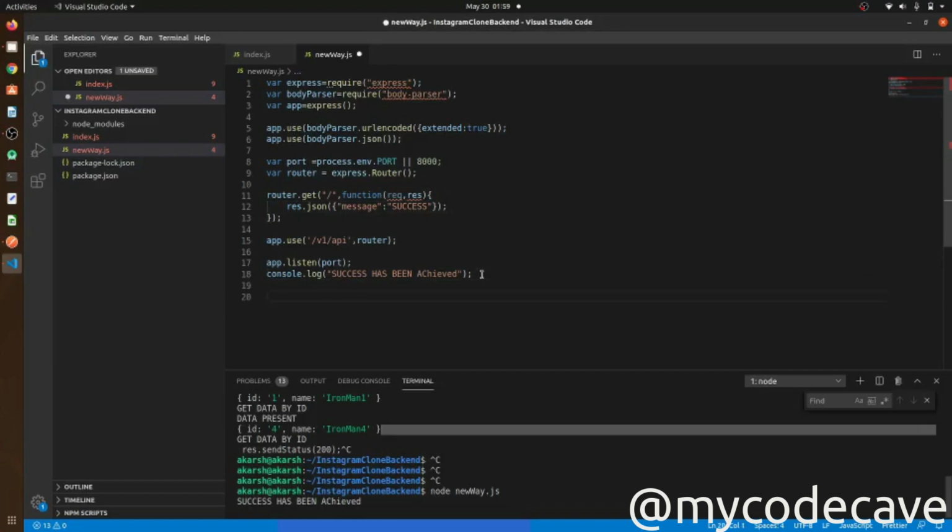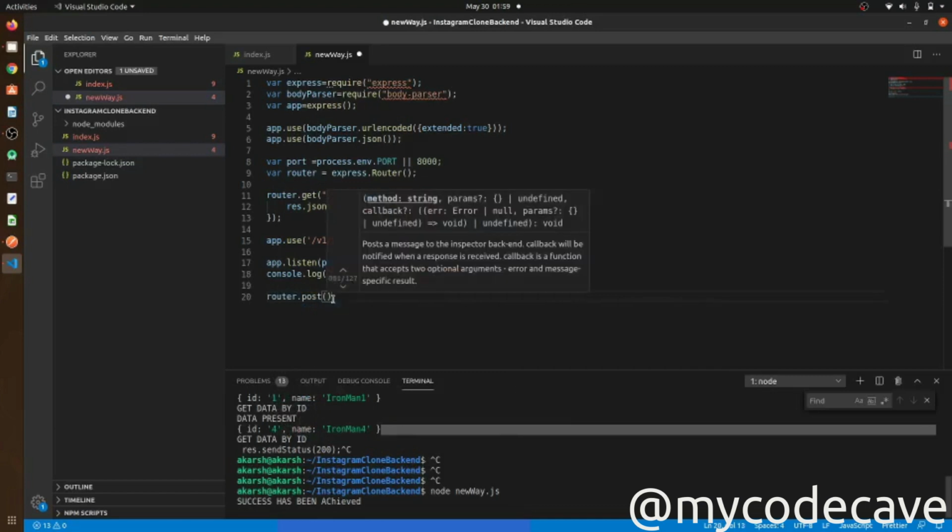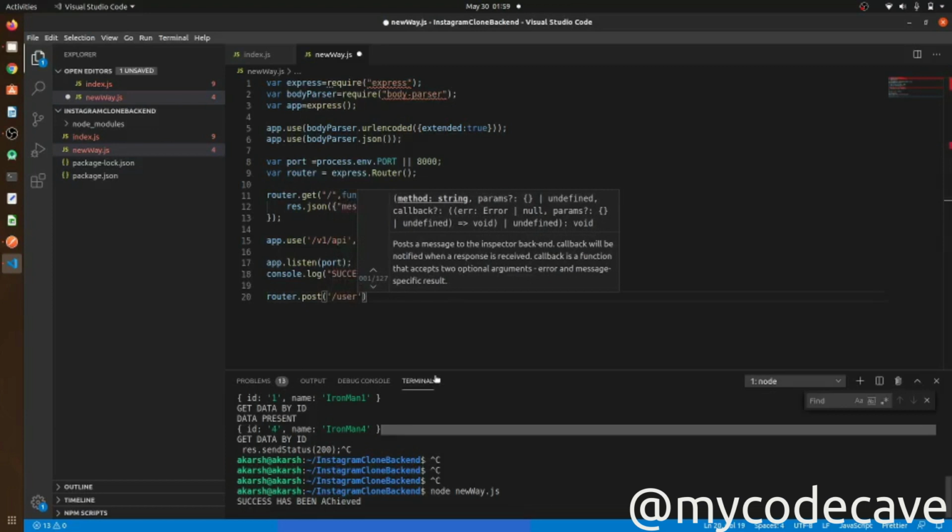Now we will create the post method for setting up the data, like router.post, and here we will set the user.